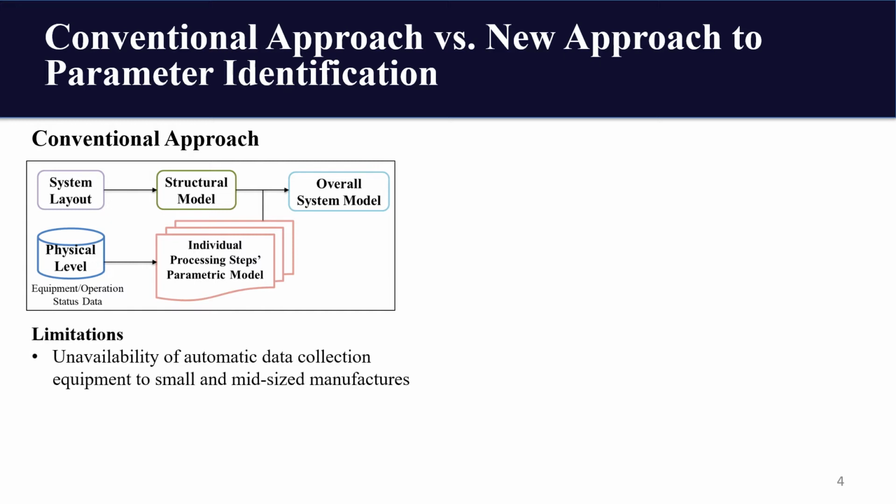First, for some small and mid-sized manufacturers, they don't have automatic data collection equipment, so data collection is difficult for them. Then, in order to get valid machine parameters, like the uptime or downtime for each machine, we have to spend a long time collecting enough observations to make sure they are highly accurate, and the data we collected is not in the standard form. So a lot of inconvenient data processing work is involved.